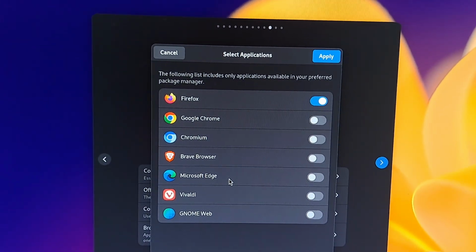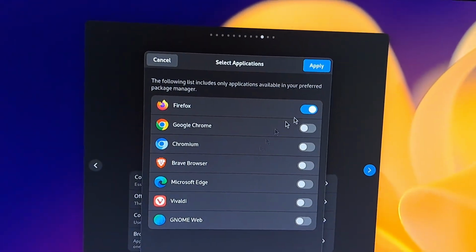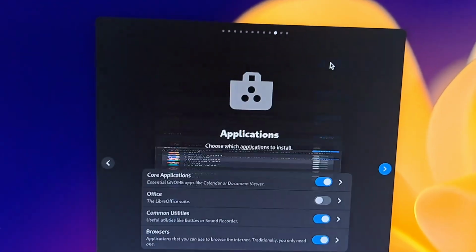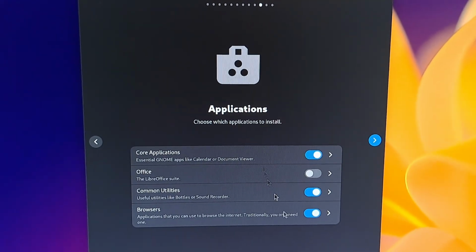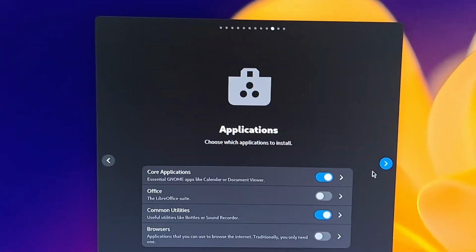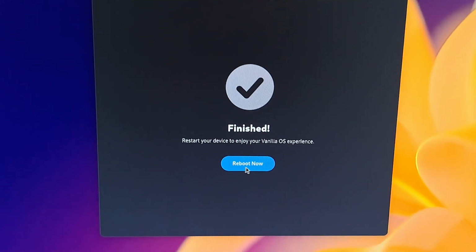Or I could do it through the app image. So yeah. You know what? Let's actually not install a browser. I actually don't want a browser. I'll install it through the app image. Immutable and atomic. Okay. So,